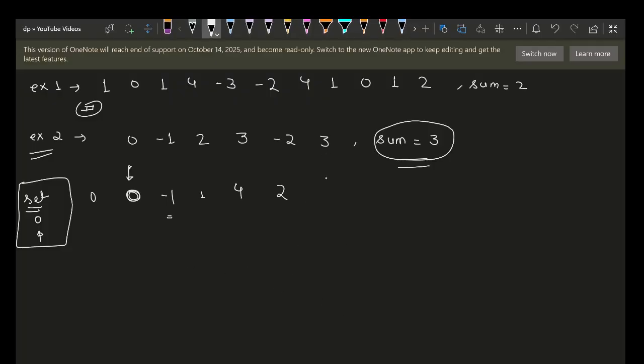If the sum here is 3, so it becomes 5, right? So for 5, what we are going to do is check if 2 exists in our hash map or not. So it does, right? And what it means is that the sum from this position to this position is 2, and the sum from this position to this position is 5. And that means,